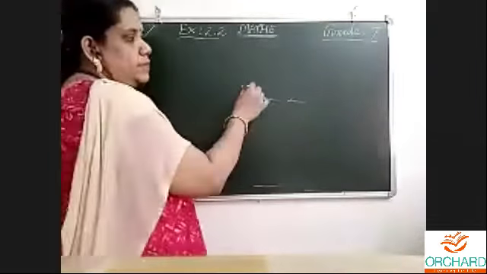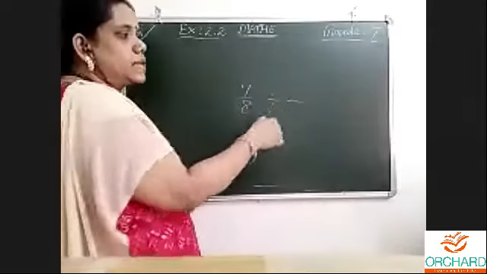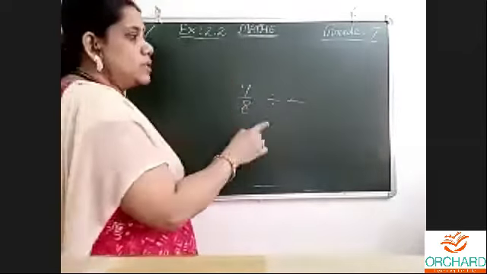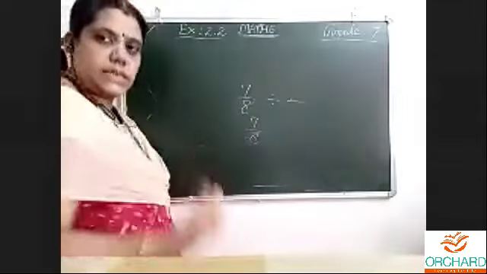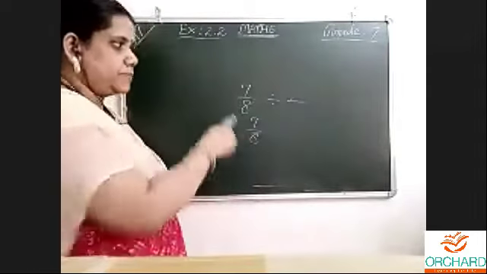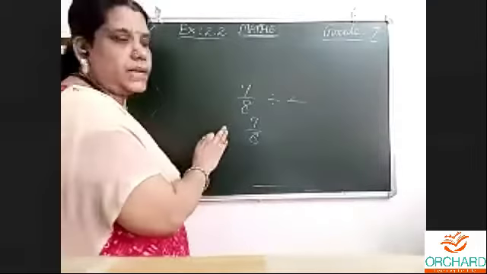Now, yes, 7/8 divides 2, like this. We cannot strike the number directly. For that, what to do? First, 7/8 should be copied as it is. In the exercise, I will explain each and every problem. For now, I'm telling you the process for that example.